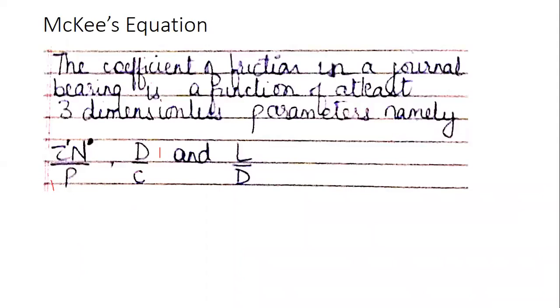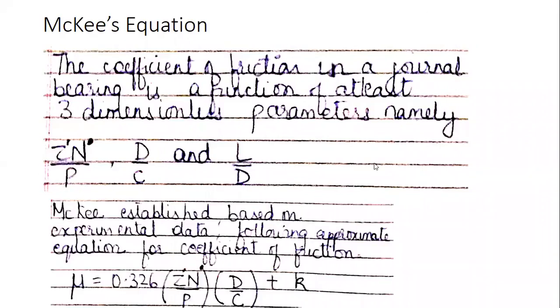Now, the coefficient of friction, mu, that we are talking about, it is a function of these 3 parameters, like I told you: ZN by P, D by C, and L by D. This you should understand. So Mackey established